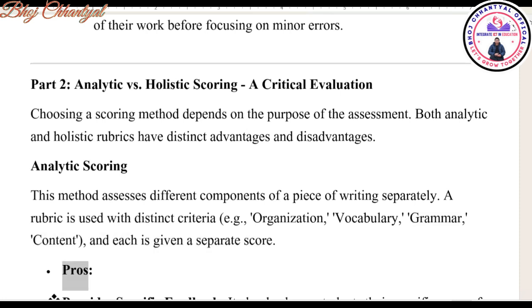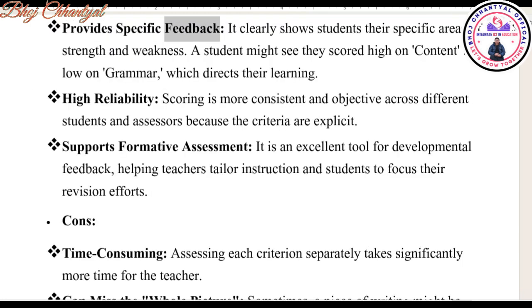Pros. Provides specific feedback. It clearly shows students their specific areas of strength and weakness. A student might see they scored high on content but low on grammar, which directs their learning. High reliability. Scoring is more consistent and objective across different students and assessors because the criteria are explicit. Supports formative assessment. It is an excellent tool for developmental feedback, helping teachers tailor instruction and students to focus their